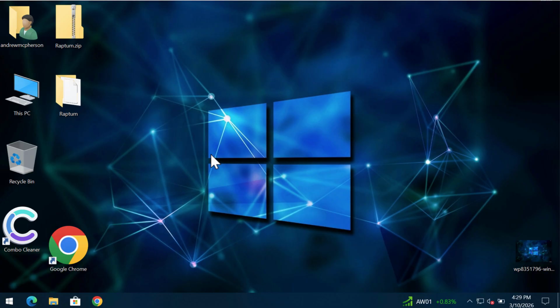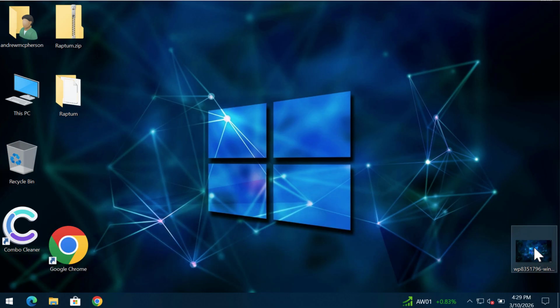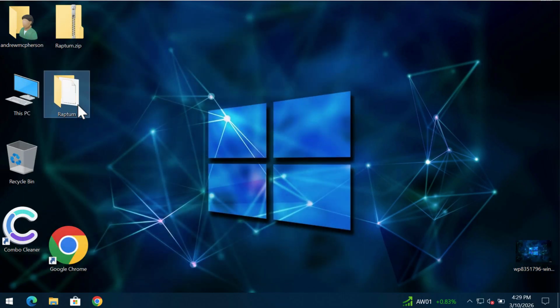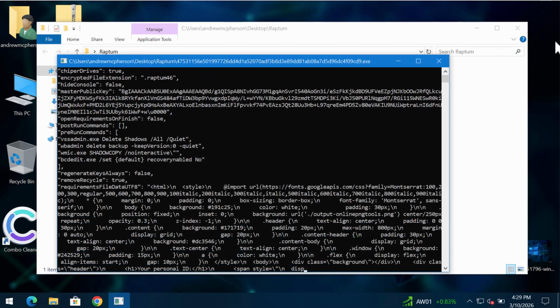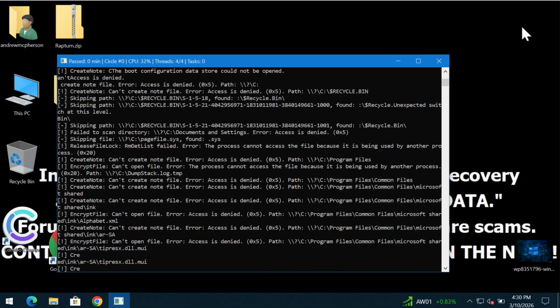In my video tutorial, I will provide you with instructions to help you remove the ransomware called Raptum. Raptum is a ransomware that encrypts files and damages them. Before the ransomware's attack, you are definitely able to open your files without any complications, including pictures, music, Microsoft Office